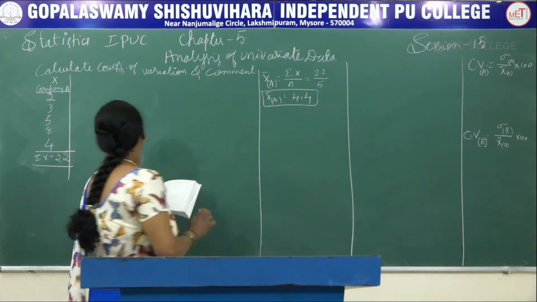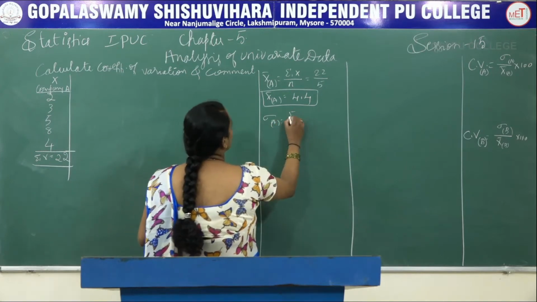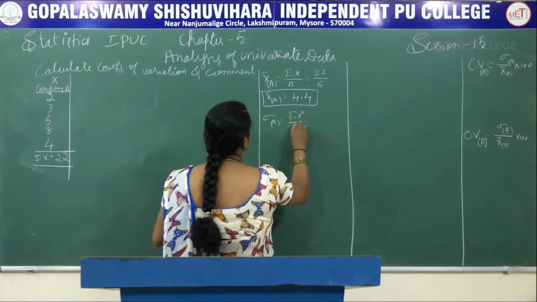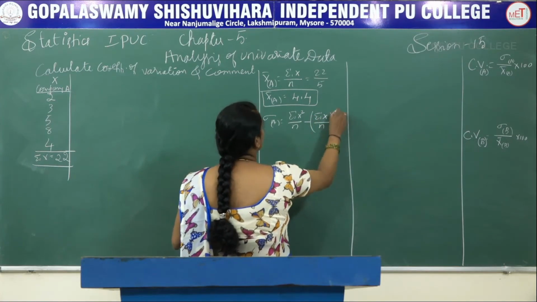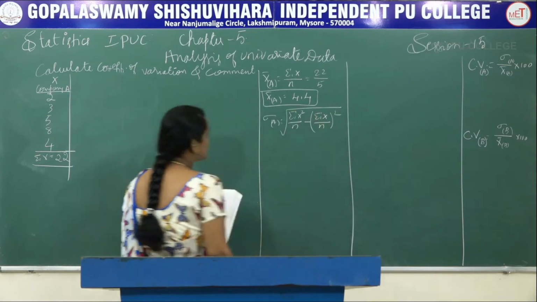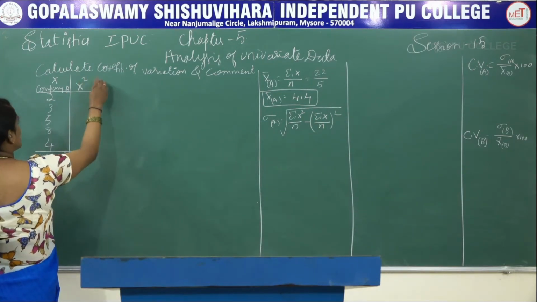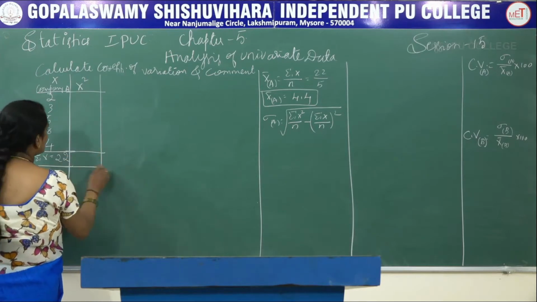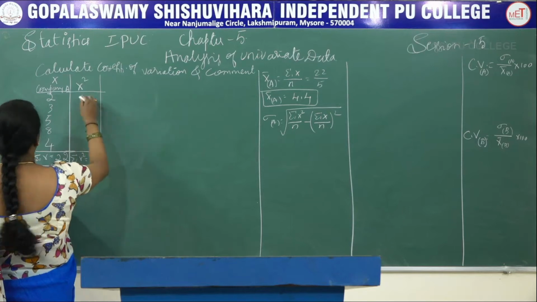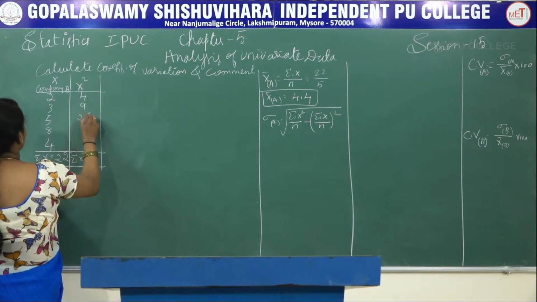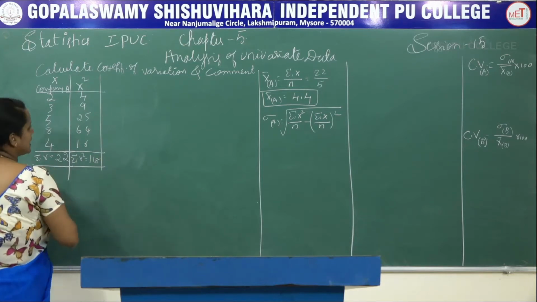Okay, keep it like this. Then we have to find sigma of A, that is the square root of summation of X square divided by N minus summation of X divided by N the whole square. To calculate this we again want X square, so we square each value and take the summation, that is summation of X square. So 4, 9, 25, 64, 16 and this total is 118.